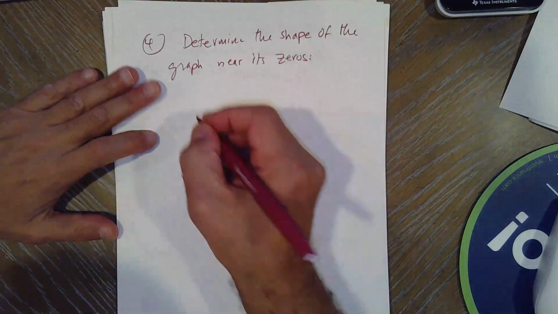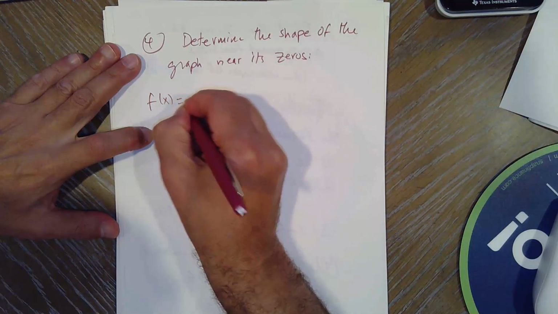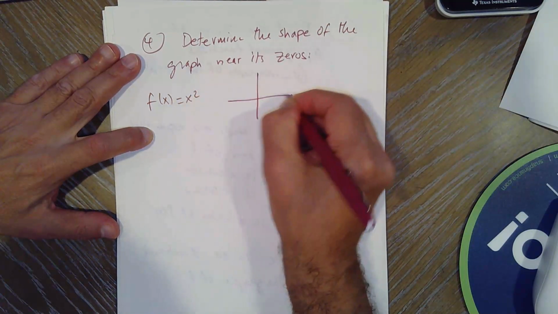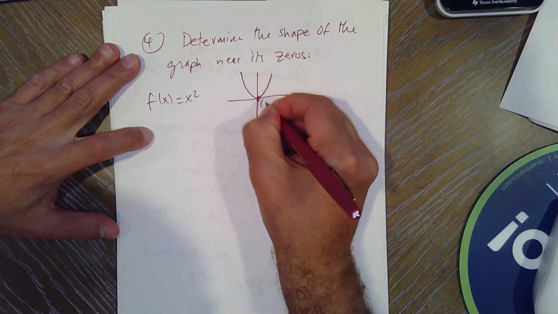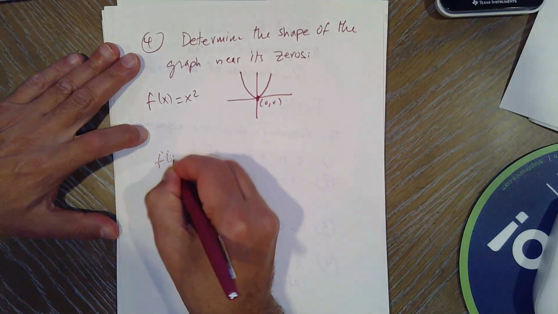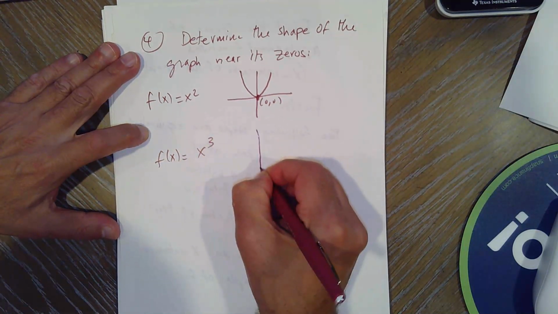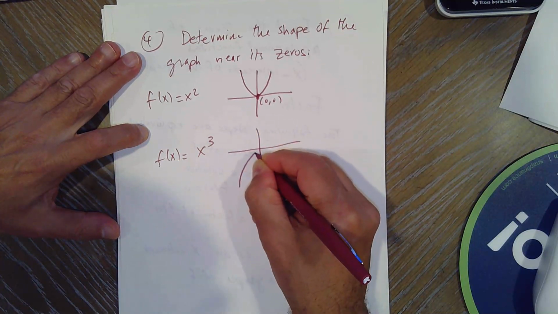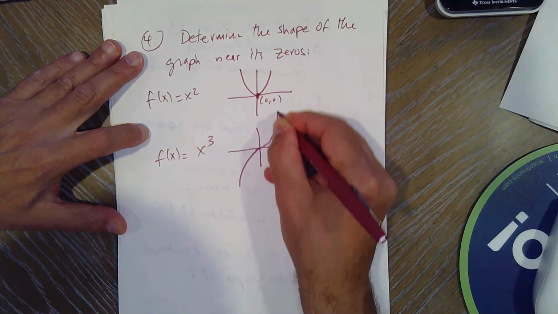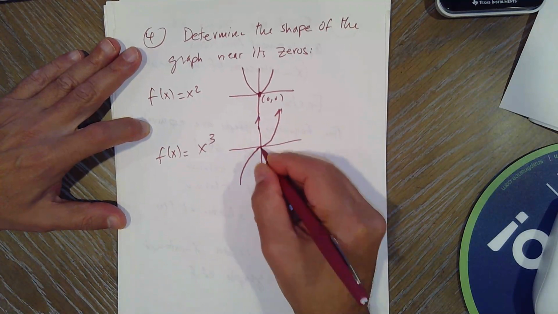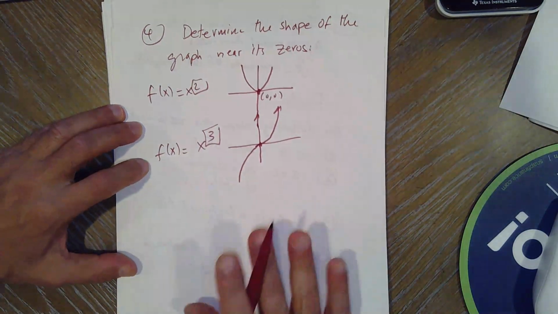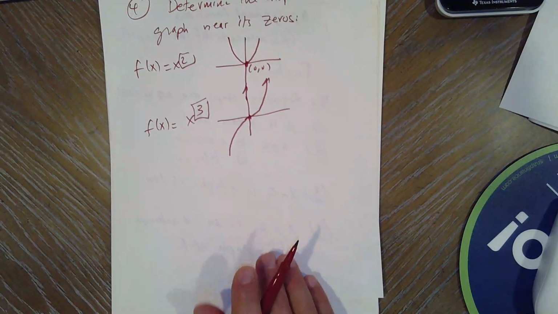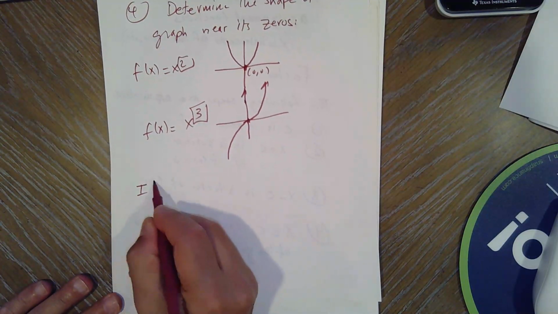Have you ever wondered why f of x equals x squared bounces off at its 0, whereas f of x equals x cubed goes through the x-axis at its 0? There's a reason. This has an even power, this has an odd power, and that's what we're going to talk about right now. If x minus c